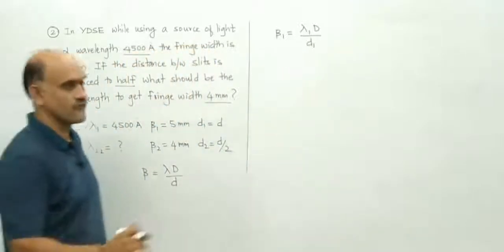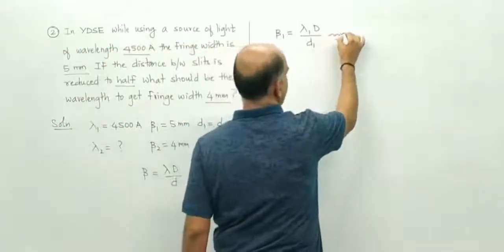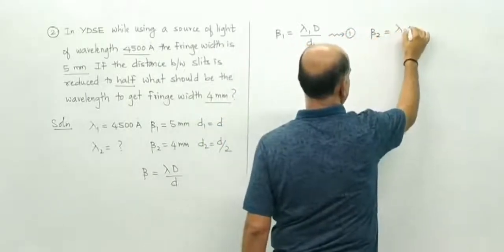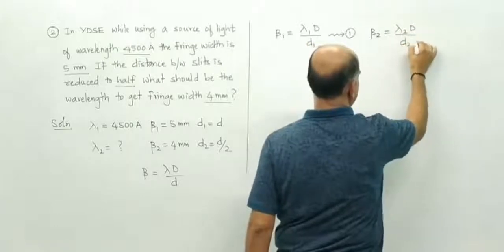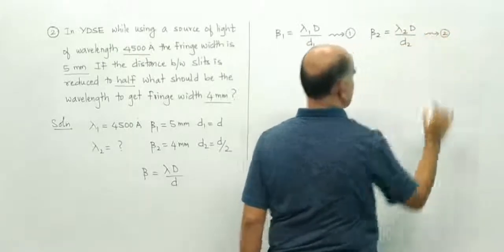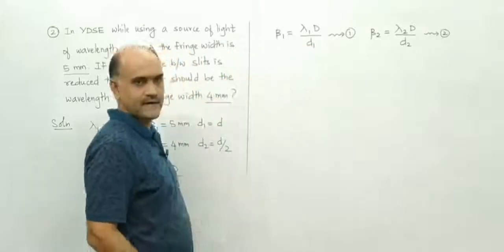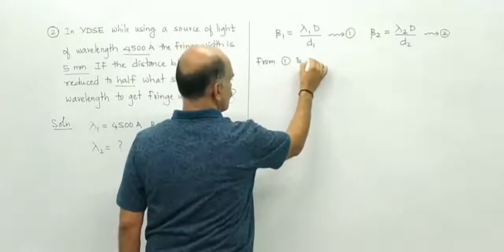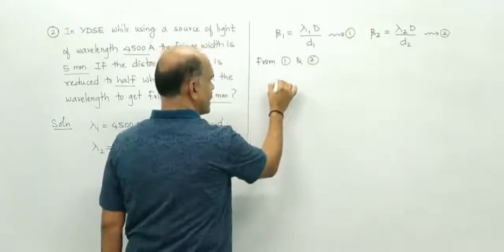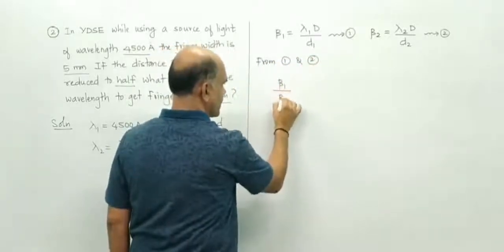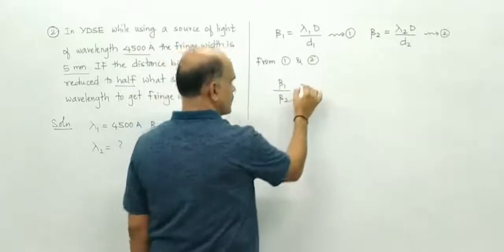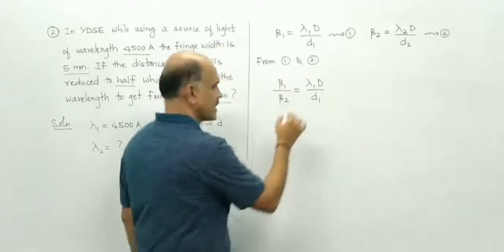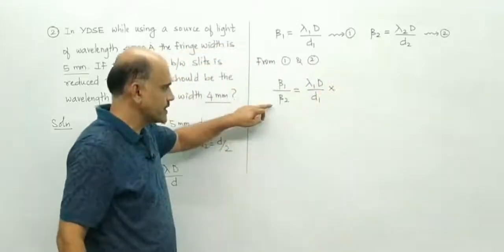So this is for the first one. Similarly, if I write for the second one, beta 2 will be equal to lambda 2 capital D by small d2. This is the second. If I divide these, from 1 and 2 I will take the ratio. I will have beta 1 by beta 2 is equal to lambda 1 capital D by small d1 into beta 2 is divided